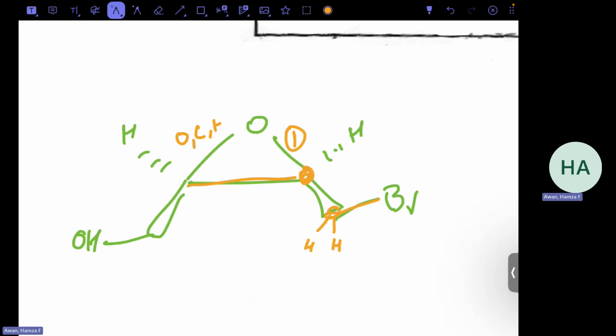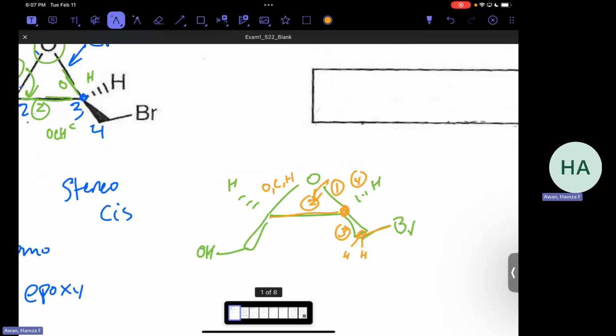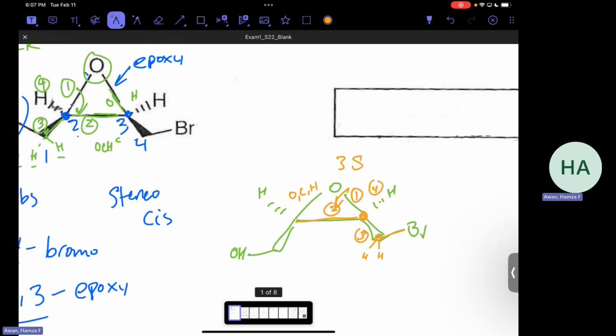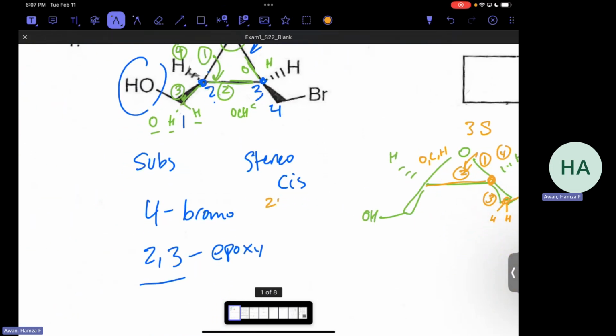So in this case, this oxygen is going to be a higher priority. So the one on the left is going to be a bigger group. So we'll put 2 right here, 3 right here, and 4 right here. And so this way, now we have a counterclockwise rotation, and this is going to be S, so 3S. So stereo is going to be 2R3S or cis,